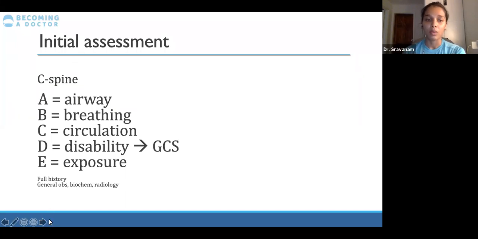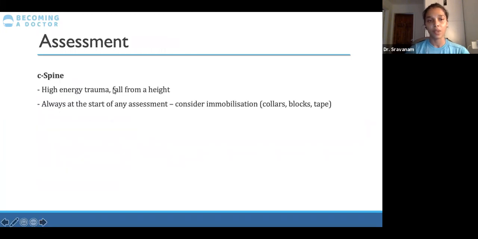With C-spine, we're worried that if we don't have a stable C-spine, the rest of it might not really work. So I'll go on to it in a second. So any high energy trauma, especially falling from a height, you want to make sure that